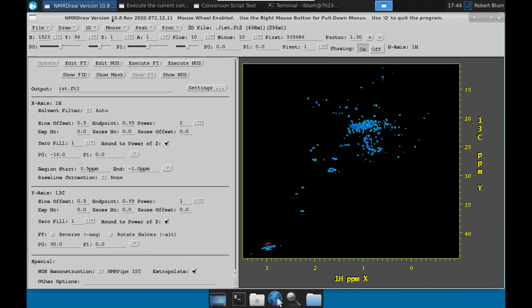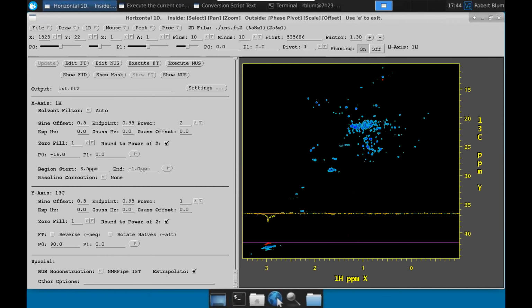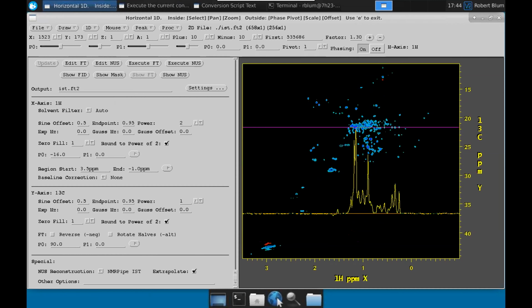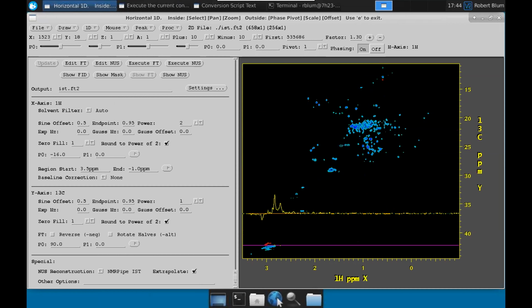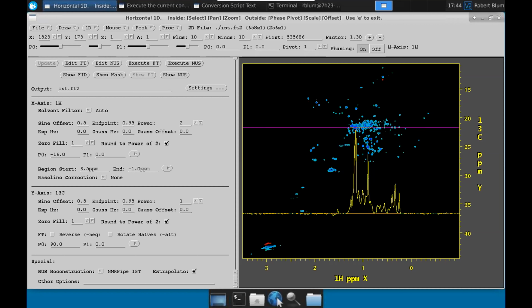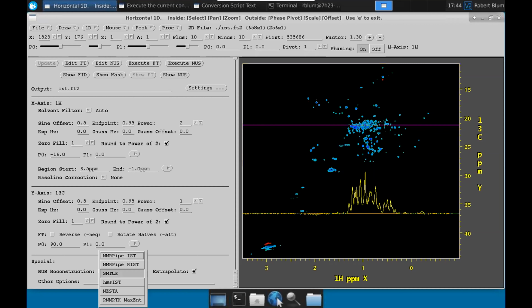Then we have this thing. I don't know what this is, but it's just because I'm a physicist and I don't know any chemistry. Those are signals that are folded. Yeah, that makes sense. So now we have this, and that looks pretty good, and then we can change it to smile, and